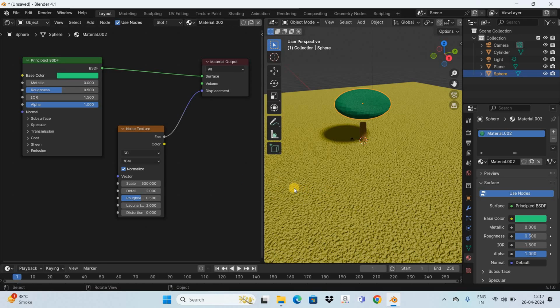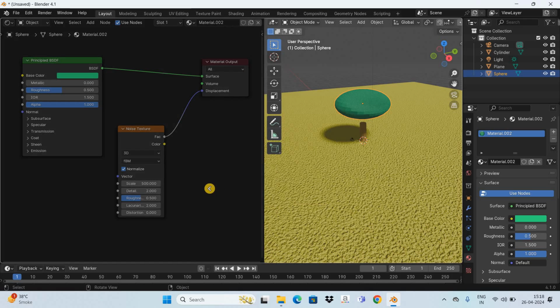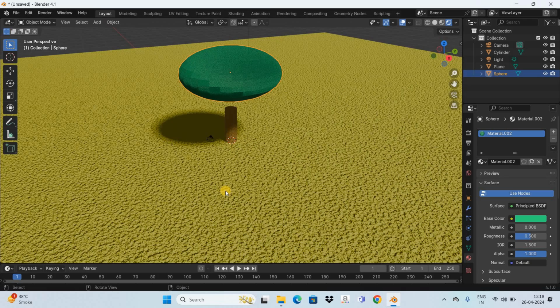So let's join the areas. So bring your cursor down here, right click and now click on join areas. And now simply click anywhere on the shader editor. Perfect. Next, what you need to do is select the trunk of the tree and now